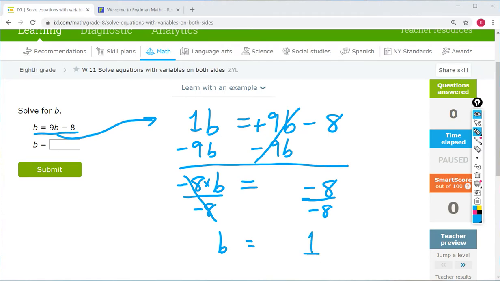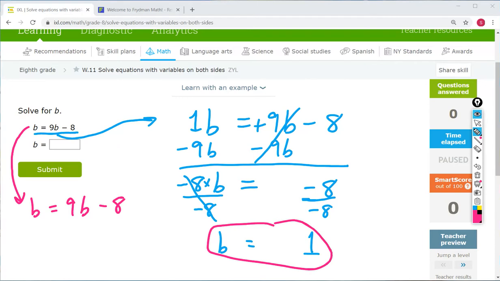So we'll put a positive 1 here, and 8 divided by 8 is 1, so I get a positive 1. So b is equal to 1. Now, I can check that by plugging back in. So let me write this whole thing again. B equals 9b minus 8. And if b is equal to 1, let me plug a 1 in